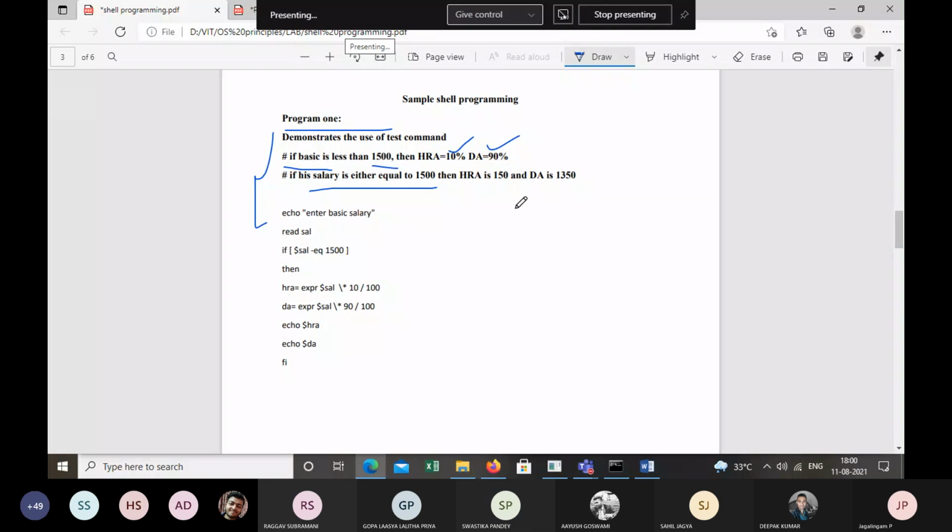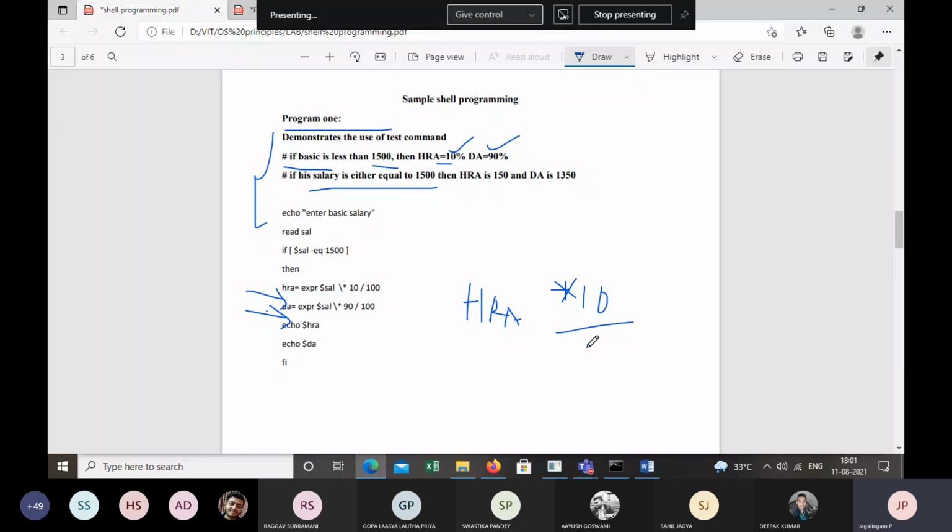So how do you calculate this HRA and DA from the basic salary? What is the formula? Look at lines 5 and 6. You have a formula for that. For HRA, the basic salary multiplied by 10 divided by 100 gives you HRA.